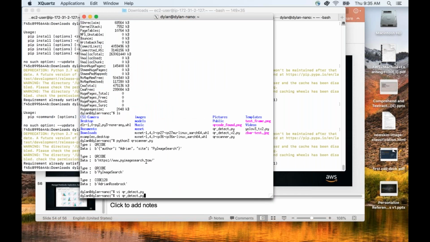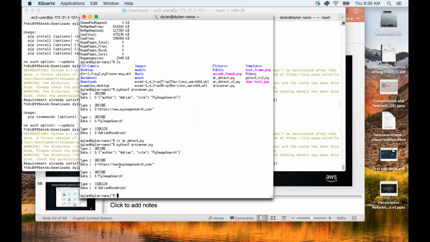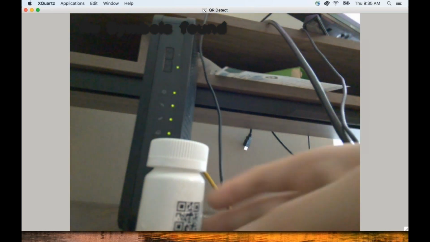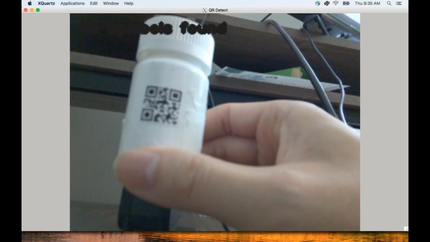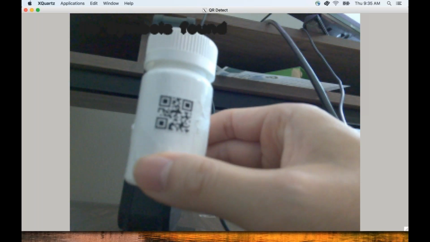Let me just run it right here. You'll see that unfortunately it will not be able to detect the QR code from the camera. So here I have a bottle, and PyZBar isn't able to detect the QR code. It needs a higher resolution